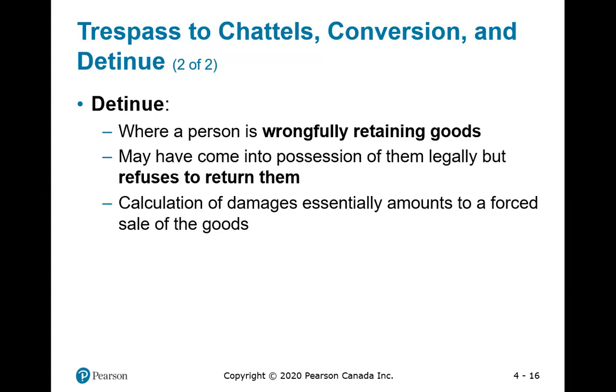So when do you have something legally that does not belong to you? Can you give me an example? Library book, as simple as this. A library book belongs to the library. You borrow it, and if your intention is not to return it, but to keep it with you, they may sue you for debt. Okay? Again, we're not talking about the criminal offense, even though this may also be a criminal offense.